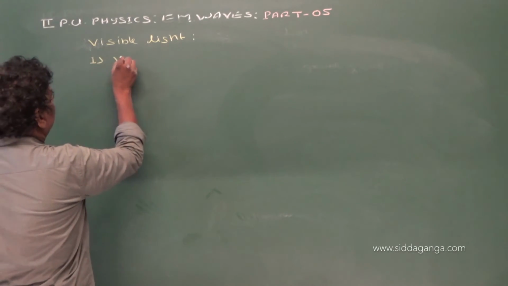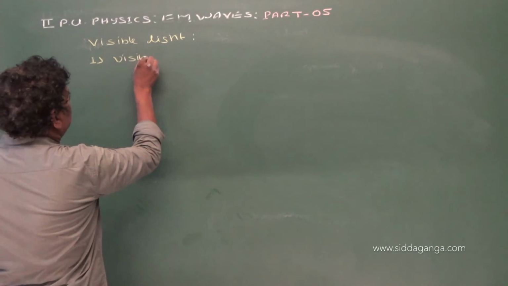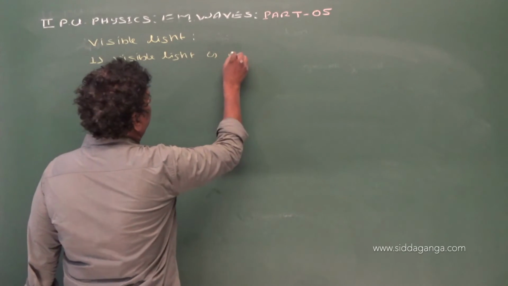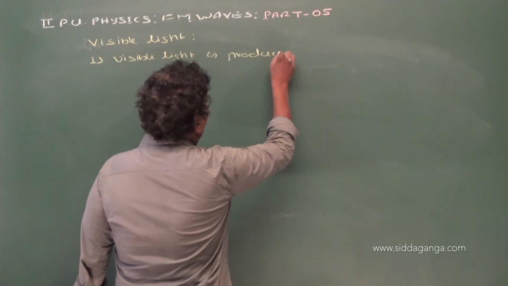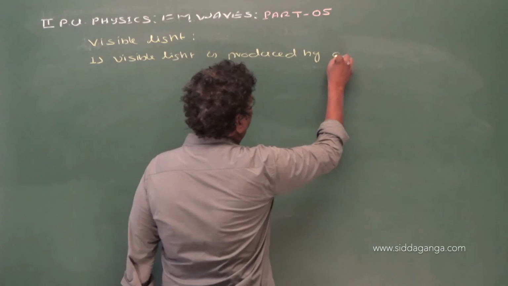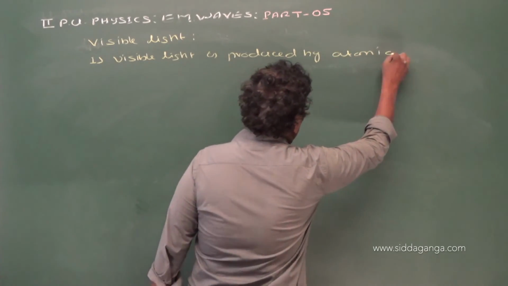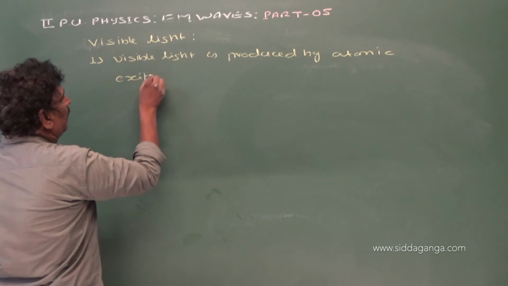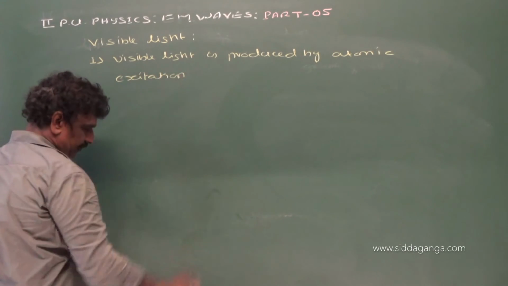Number 1, visible light is produced by atomic excitation. When